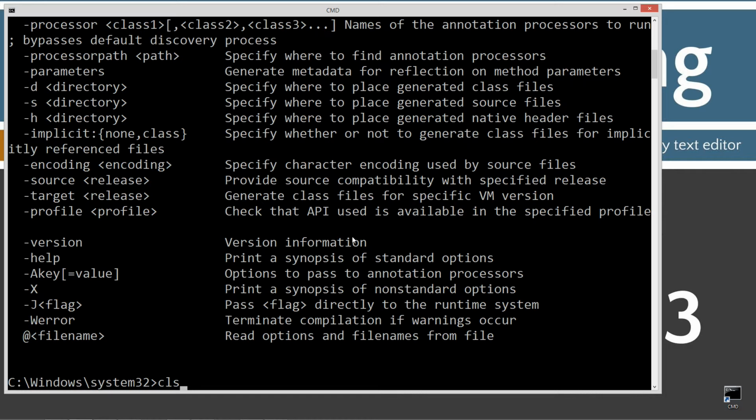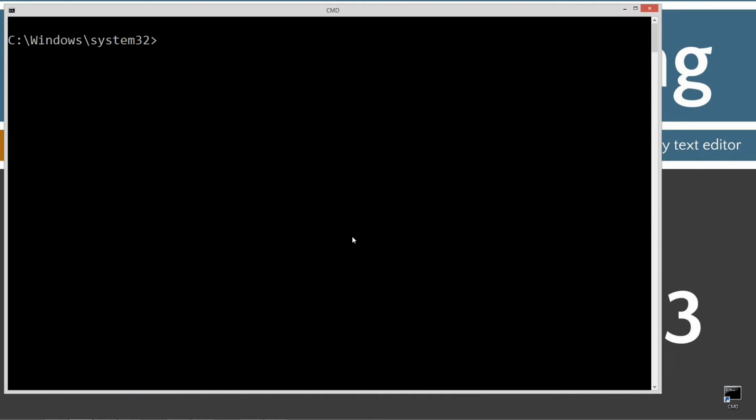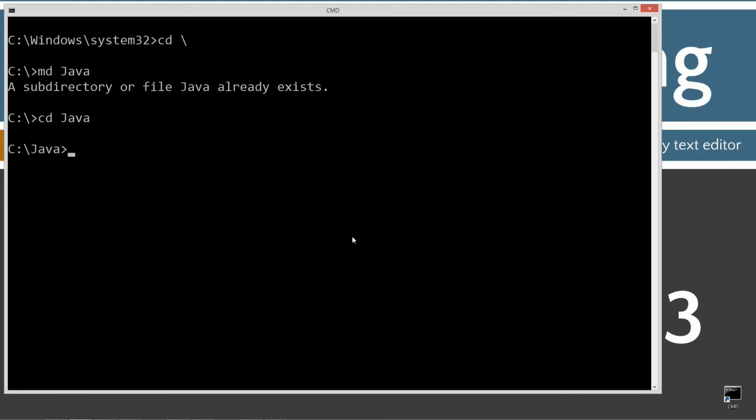I want to make sure you get that installed and configured properly before continuing. CLS to clear the screen, CD space /. CD is short for change directory, and / tells it to go to the root. I'm going to make a directory called Java using the md command. Now, I already have it, but if you don't, it'll go ahead and create it for you. I'm going to change directories to the Java folder, and make a directory called string3. Change directories to the string3 folder, and now I'm going to notepad